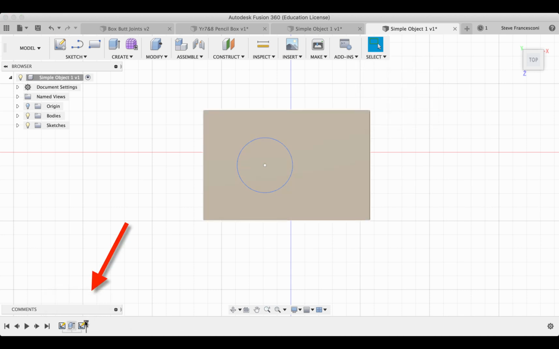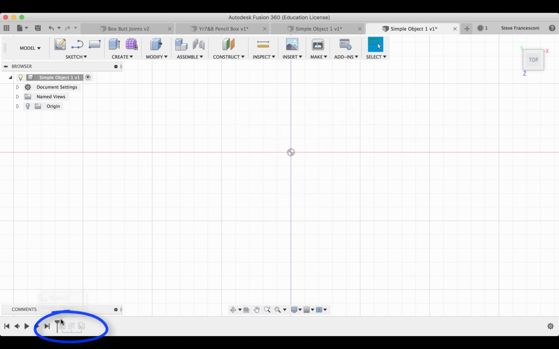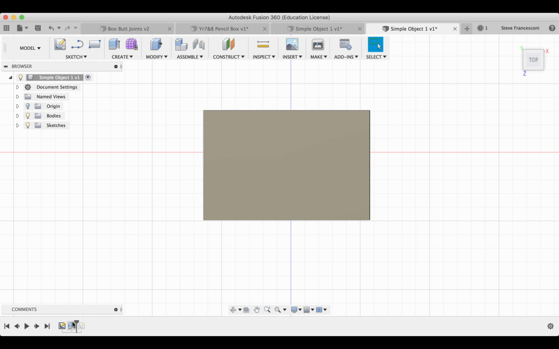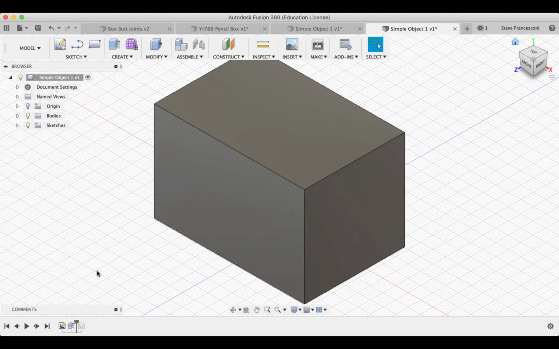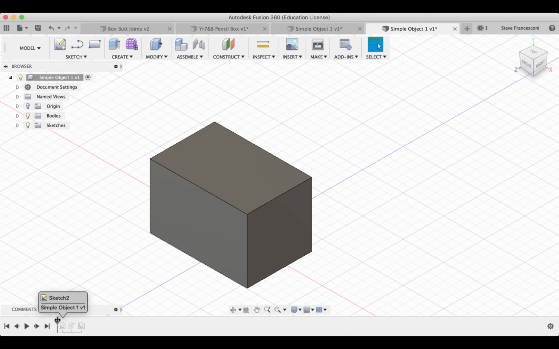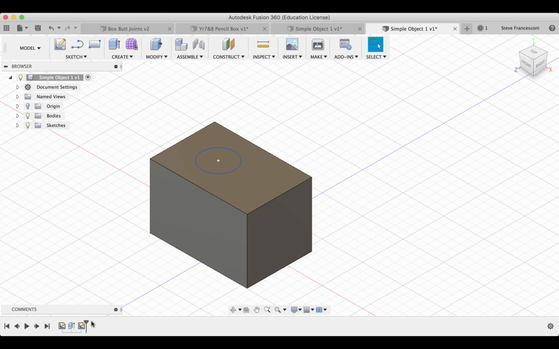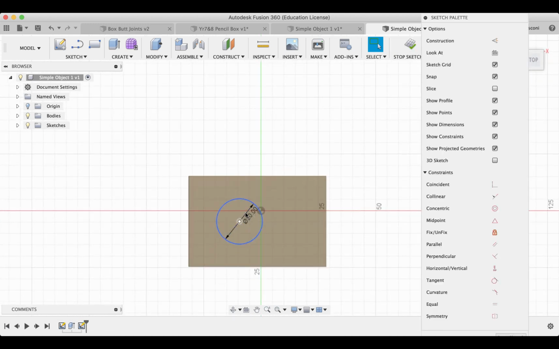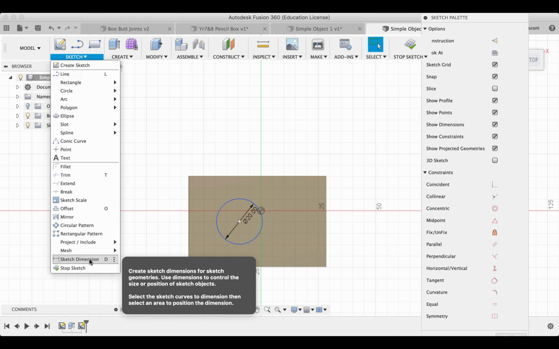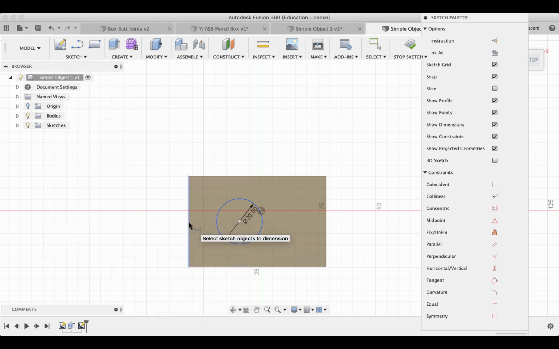By the way, down the bottom here, bottom left of the screen, these three little things are what I have done so far. If I go back to here, I did nothing, then I drew a box and then I extruded it, so it should look like this. If I go back to the beginning, I see nothing, then I drew a box, then I extruded it, then I drew a circle. So I want to edit this circle, so I should be able to go here and go edit the circle. Okay, so I can go sketch dimension, or D,